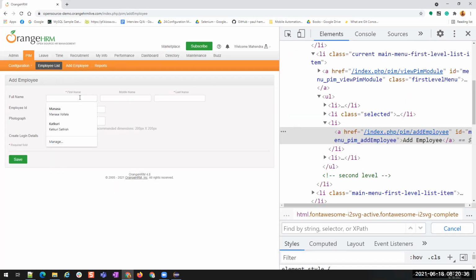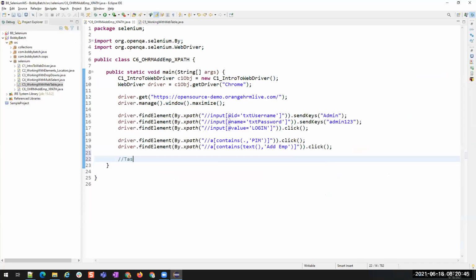And once we reach here, the task for you is to add the employee. You find these elements using XPath, first name, last name, and then save button, and then add an employee. Okay. I want you to complete this class, add employee using XPath. Now let me run this and show it to you.